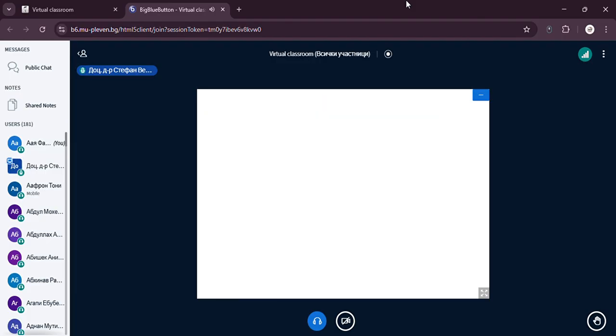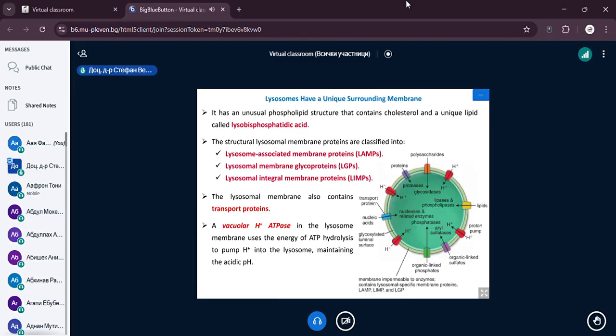Well, the lysosomal membrane is rendered resistant to the proteolytic and other hydrolytic enzymes of lysosomes by modification of its composition, its chemical content. In the membrane of lysosomes, there are unusual phospholipids in the form of lysobisphosphatidic acid. These are phospholipids which are not able to be degraded by the phospholipases and lipases present in the